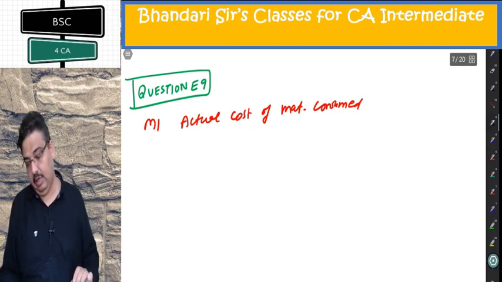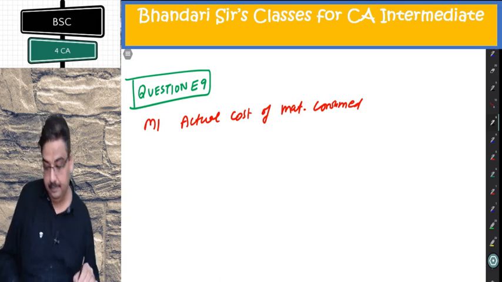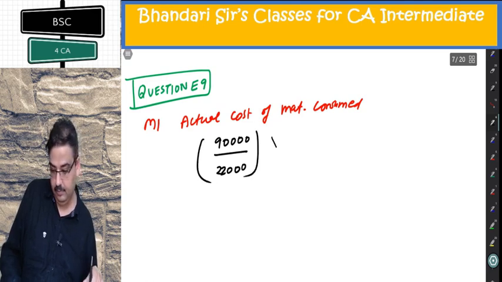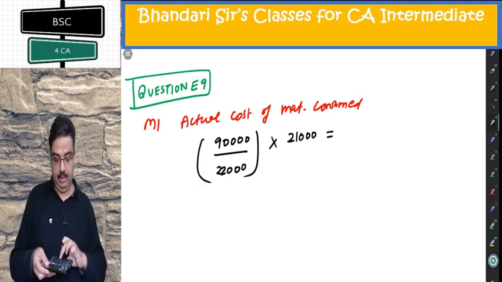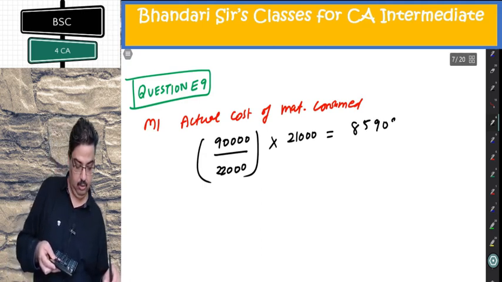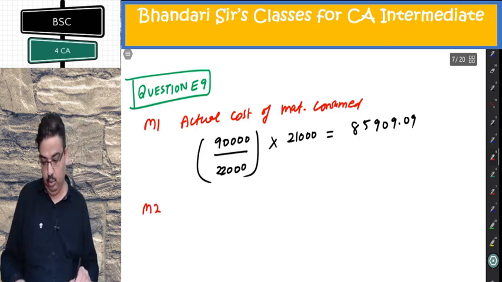I am doing for consumption. You can alternatively do for purchase also. Question is silent about purchase or consumption. We can do both of them. 90,000 divided by 22,000 is actual rate. Multiply with 21,000 consumed. So 90,000 divided by 22,000 into 21,000. I am getting 85,909.09. M2,